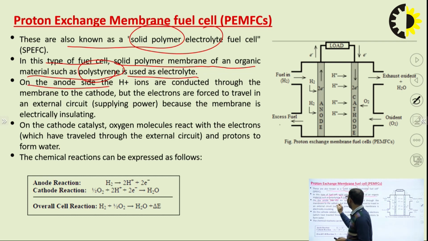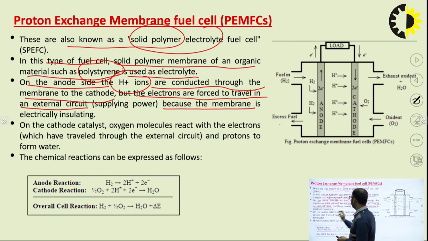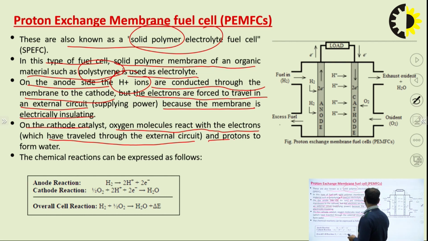On the anode side, the H plus ions are conducted through the membrane to the cathode, but the electrons are forced to travel in an external circuit because the membrane is electrically insulated. On the cathode catalyst, oxygen molecules react with the electrons which have traveled through the external circuit and protons too